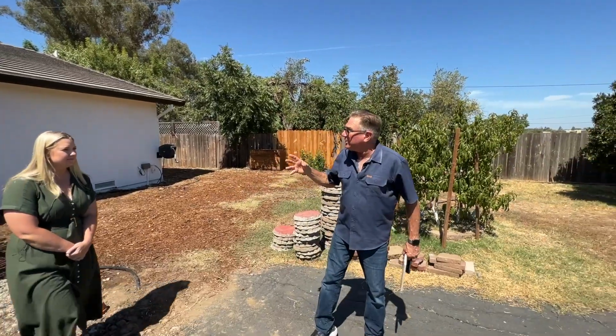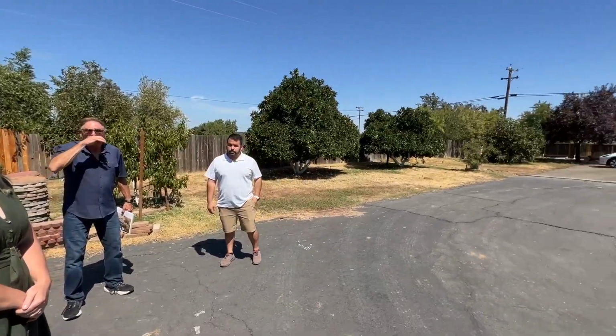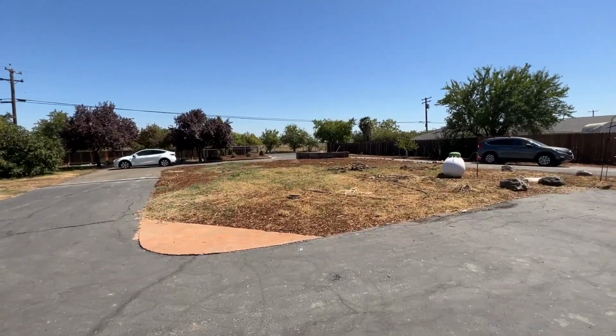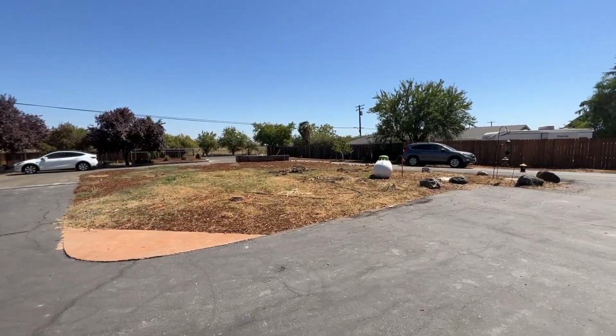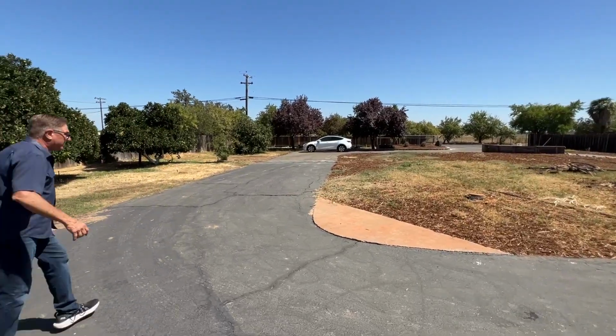So here's one of the things that we found out. Again, it's all due diligence. This is the leach field. Yes. So unfortunately, we're going to still make it a wow. But there are things that we're not going to do. So the idea of the gazebo still works. Love it. And especially here,